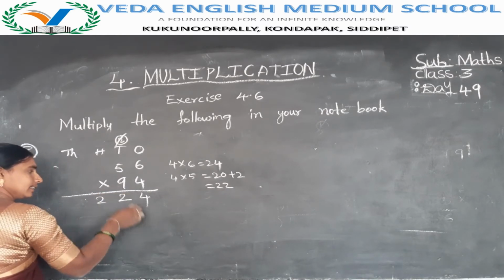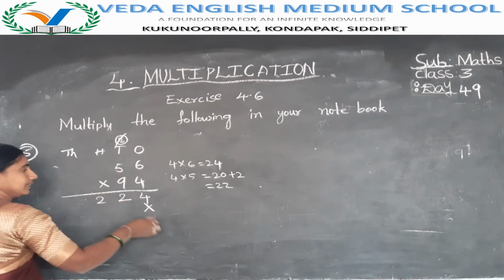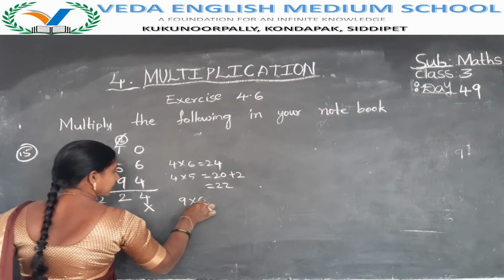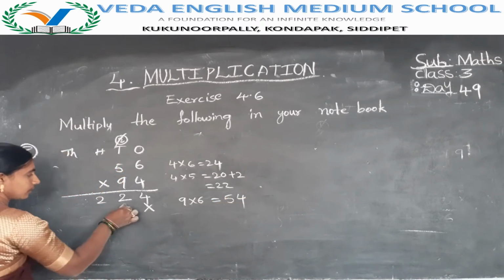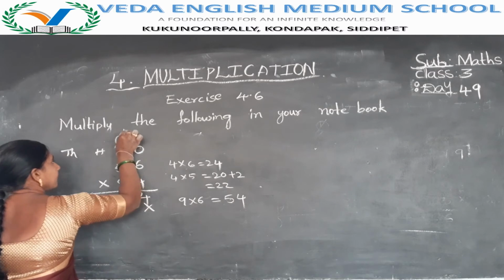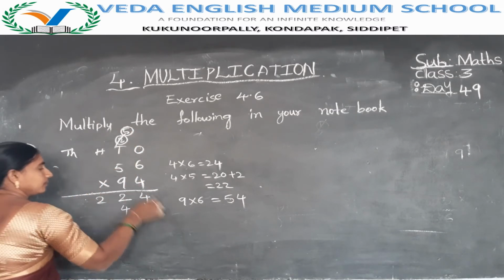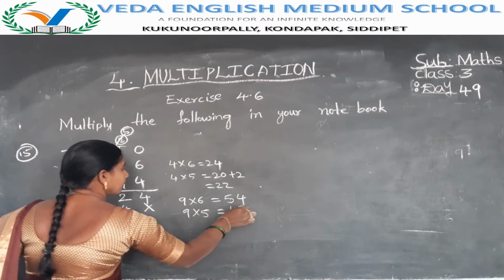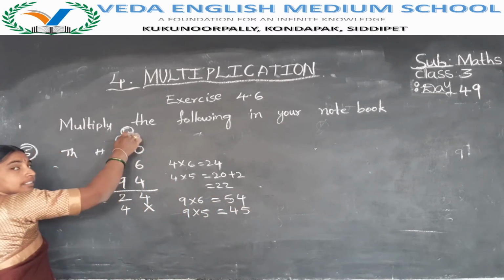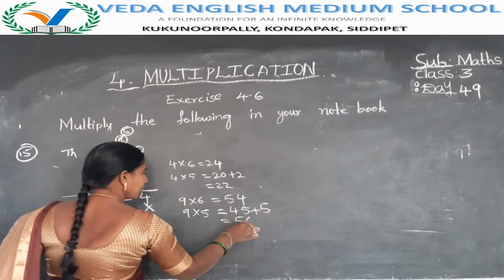Okay, next in the tens place. So here keep into 9 into 6. 9 6 are 54. So now write here 4. This 5 carry to again tens place. Okay, 9 into 5. Next is the 9 into 5. 9 5 are 45. But they carry. The carry is the 5. So plus 5. 45 plus 5 is the 50.